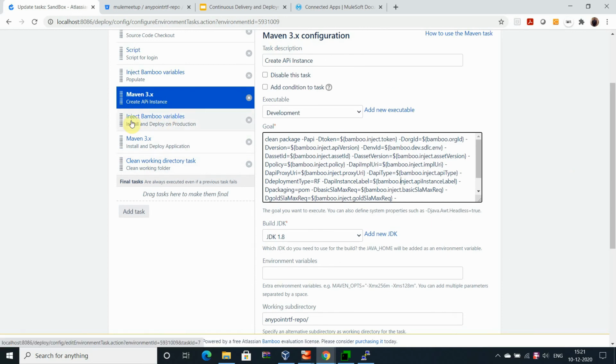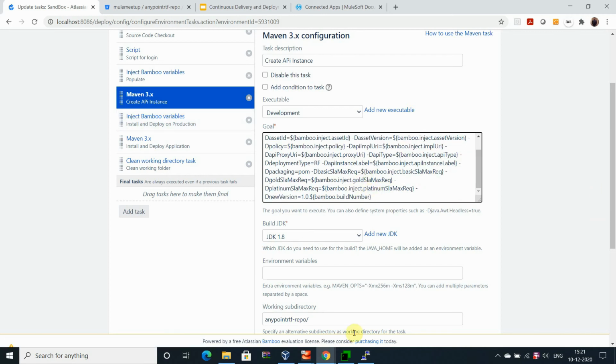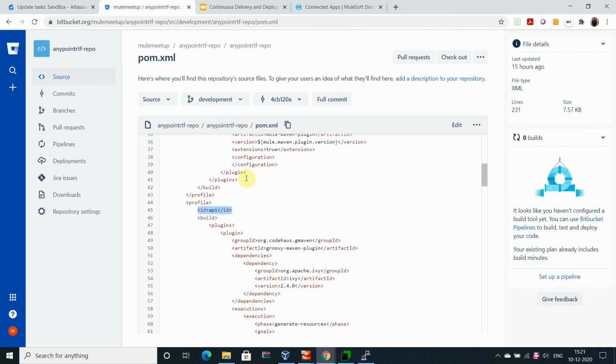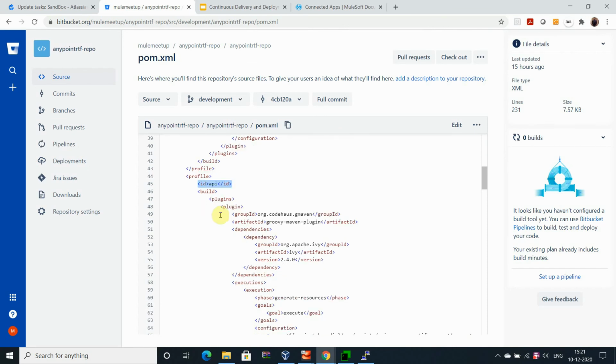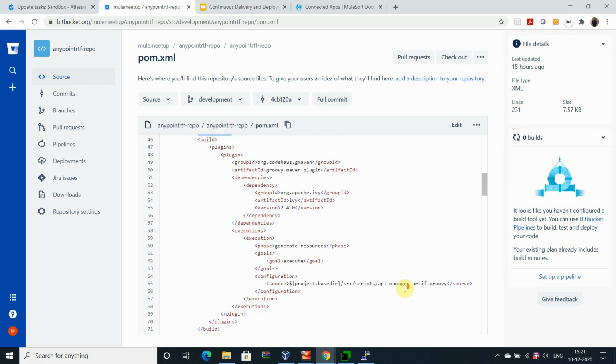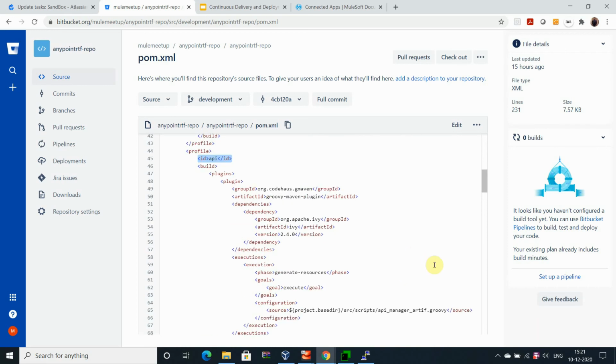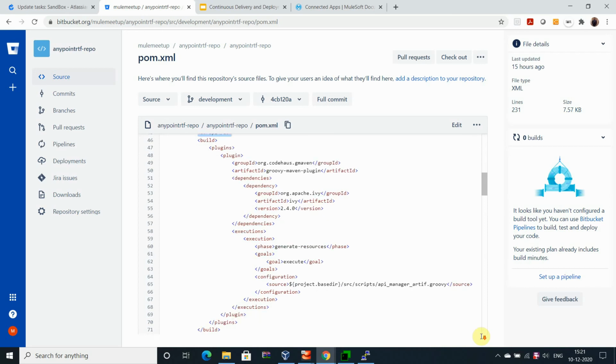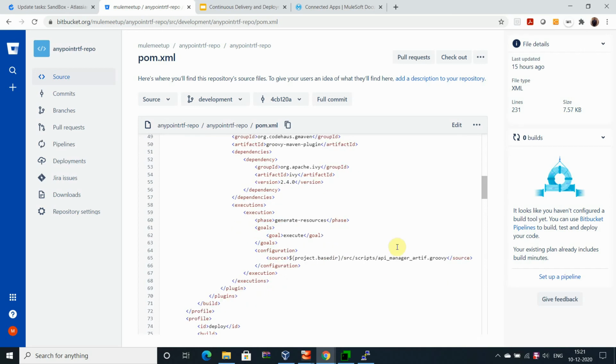Okay, so what is the next part? Once I call this API profile, it will call the Groovy scripts, and the Groovy scripts perform the operation to upload all the properties into the Groovy environment. Then it will extract the information about my profile, environment, sandbox, API, API version, and then it will upgrade.